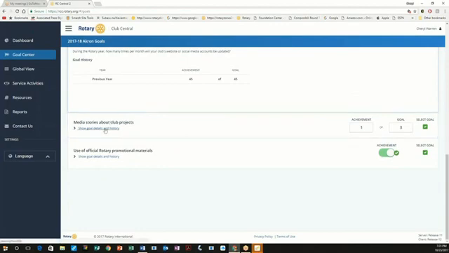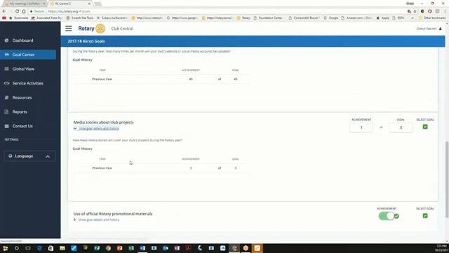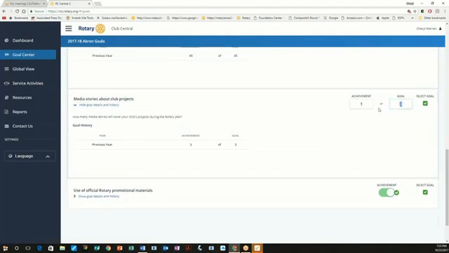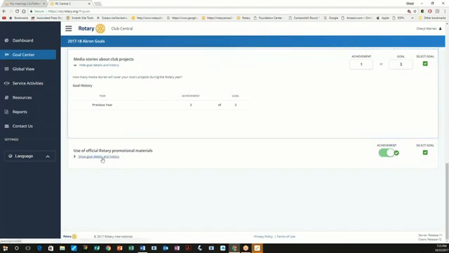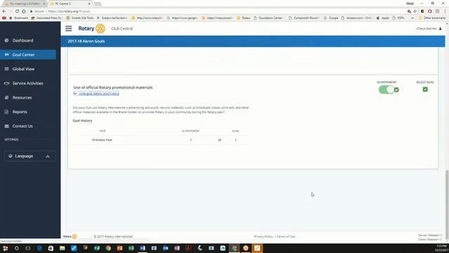Media stories. This is how many times you expect your stories to get covered during the year. This club has a goal of 3, and they've met 1 of those goals. They've been in the paper once so far. Using the Rotary promotional materials. This club achieved it because they used the Rotary International trifold.